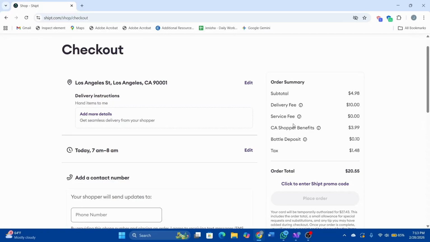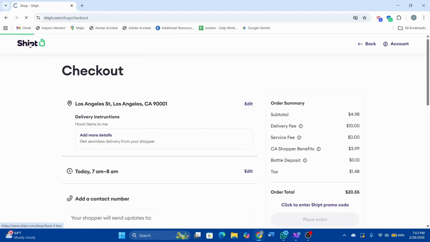If you skipped tipping at the checkout, there is a limited time window to change or adjust the tip after the delivery. So once the window closes, the tip usually becomes final. If your shopper has gone above and beyond, you can consider increasing the tip. And rating plus tipping helps good shoppers get more orders. You can just go over and do so, and that way you can add a tip using your Shipt